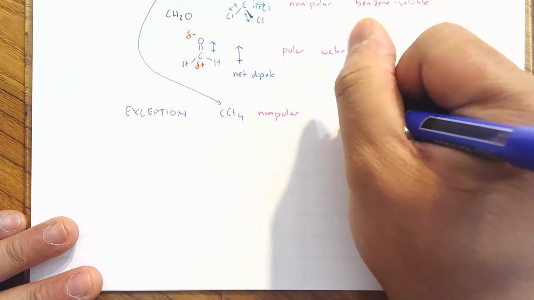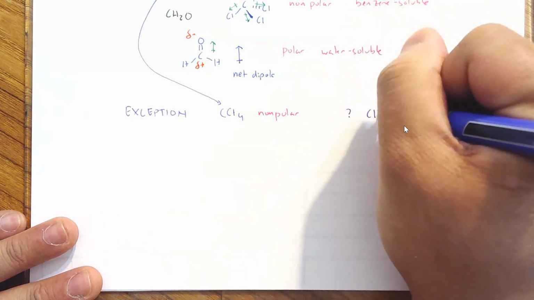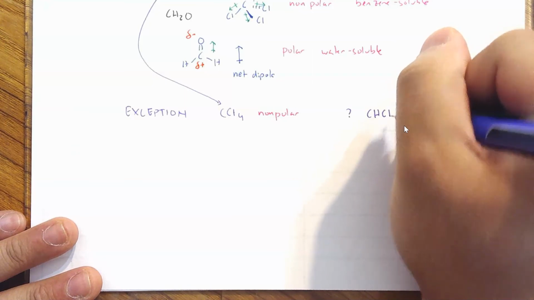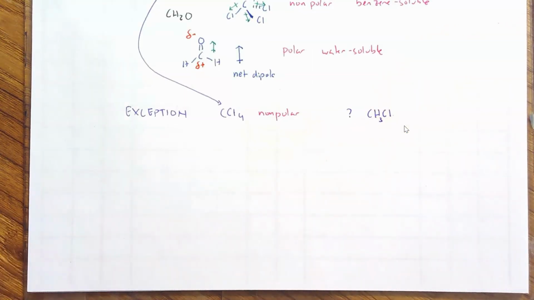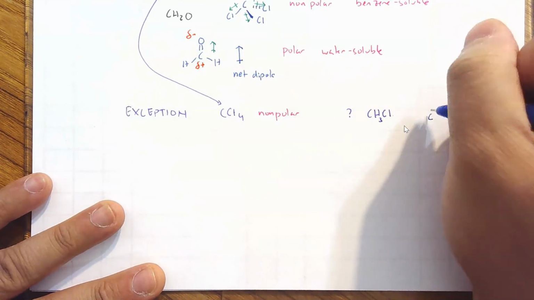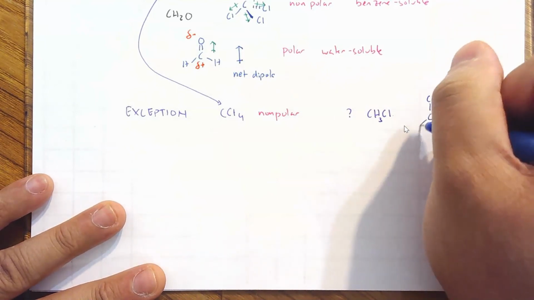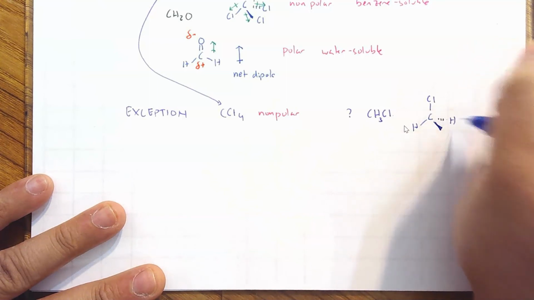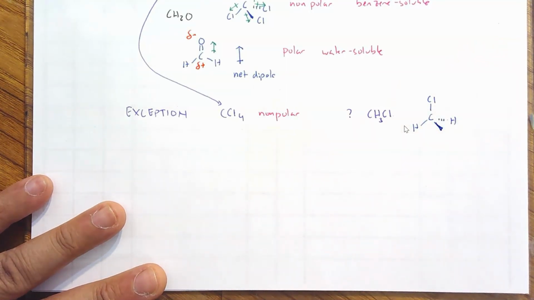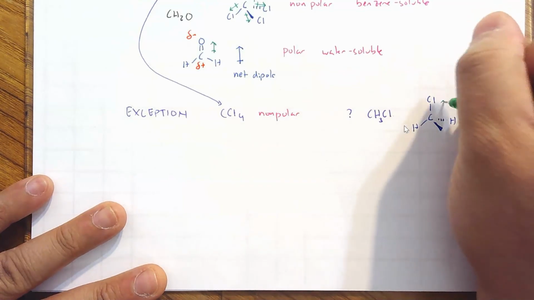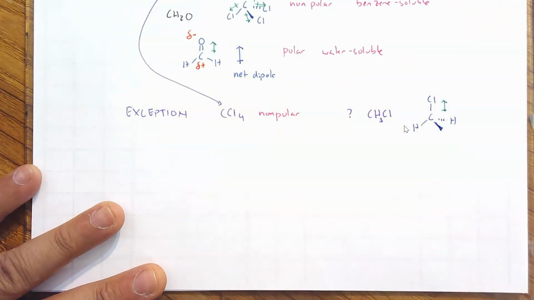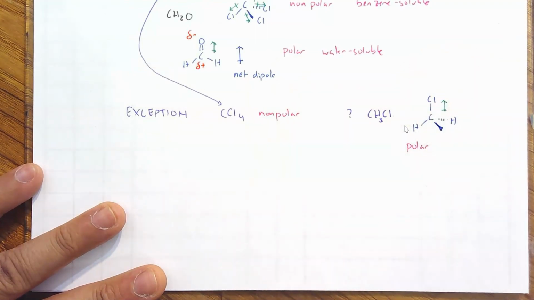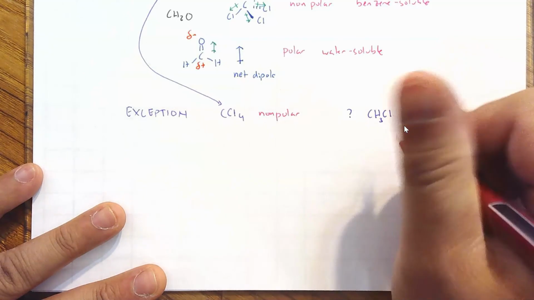But what about CH3Cl? Well, this is interesting because we only have one chlorine, and we'll draw it in the up position. The rest are hydrogens. And we only have one bond dipole. So we do say this is polar, because it has a net molecular dipole, but